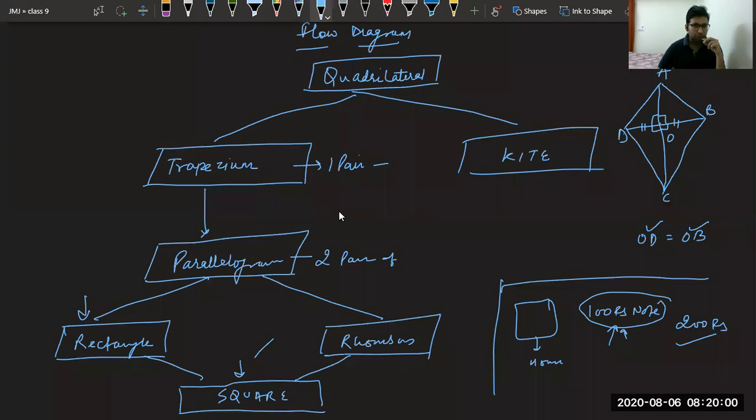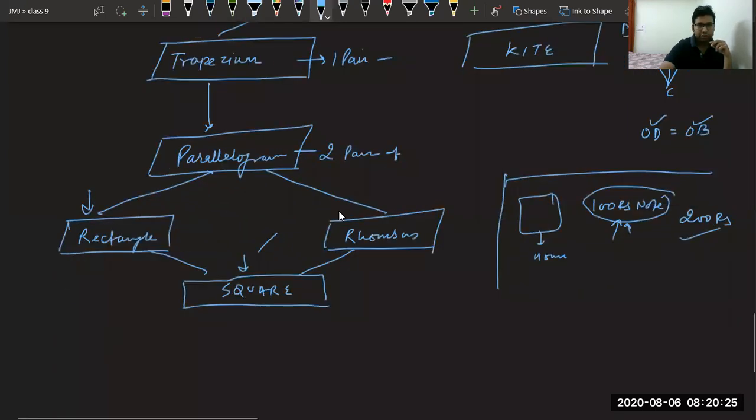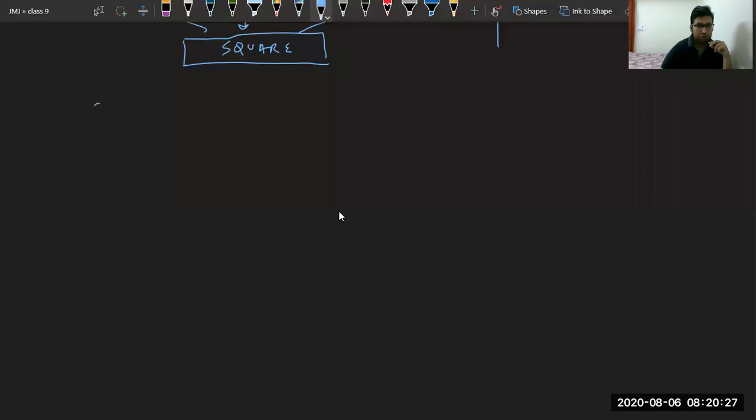Square has all the properties of rectangle and it has extra properties. So it is okay to bring square with rectangle. Rectangle doesn't have all sides equal. Yes, beta, you are correct. That is why I'm saying, if you have something extra, it is okay. Square is a special rectangle. I was saying, square is a special rectangle.